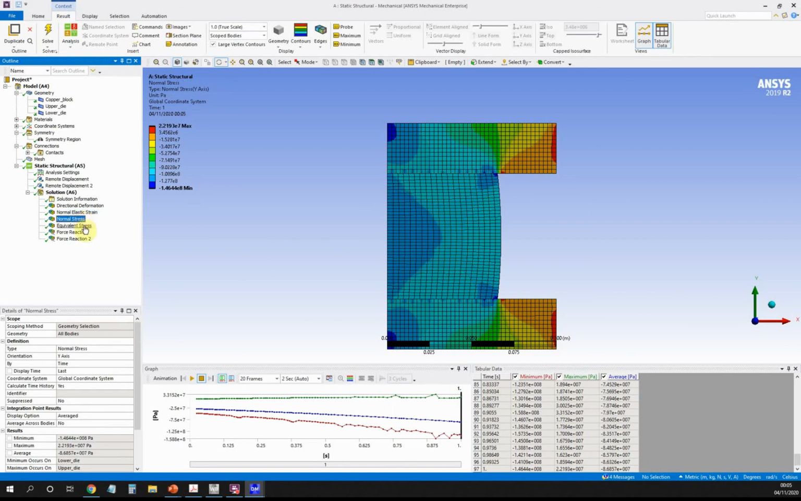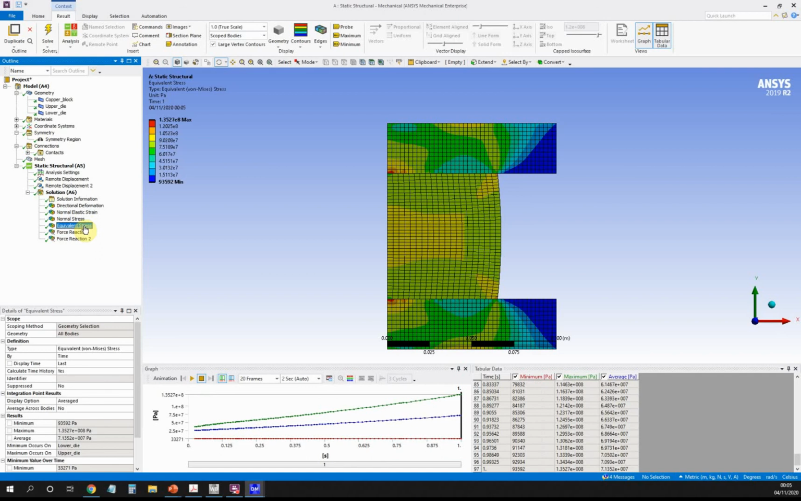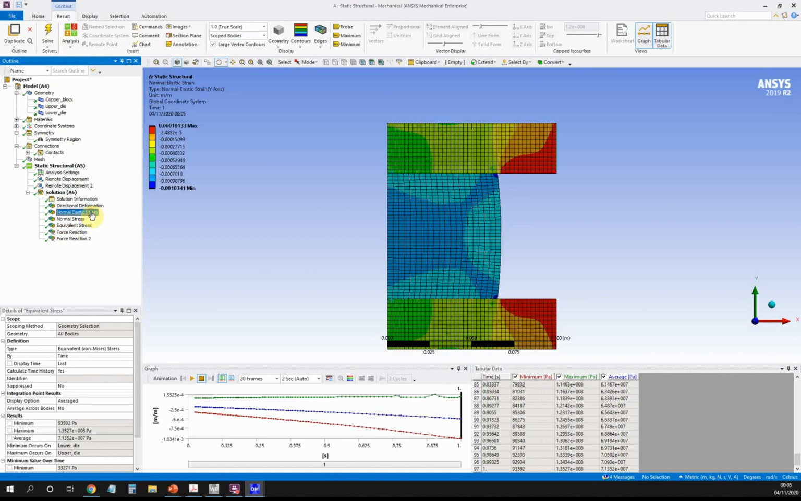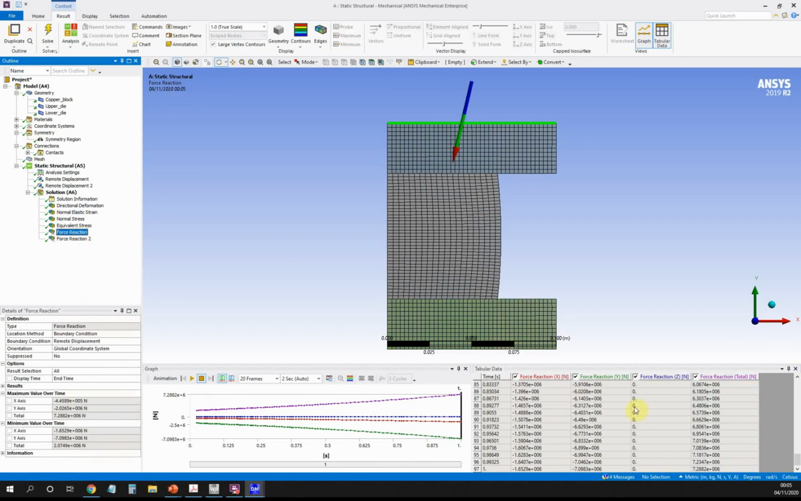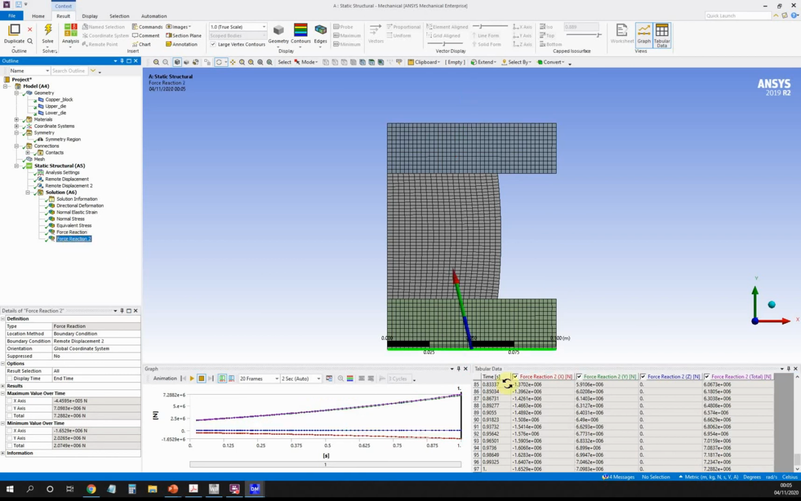So here's my equivalent stress. My strain in the y direction, and now I'm going to look at the reaction forces. So in this case, the reaction force is 7.2e6 newtons. Okay, now if I check the other one, it's 7.2e6 newtons as well. So if you remember